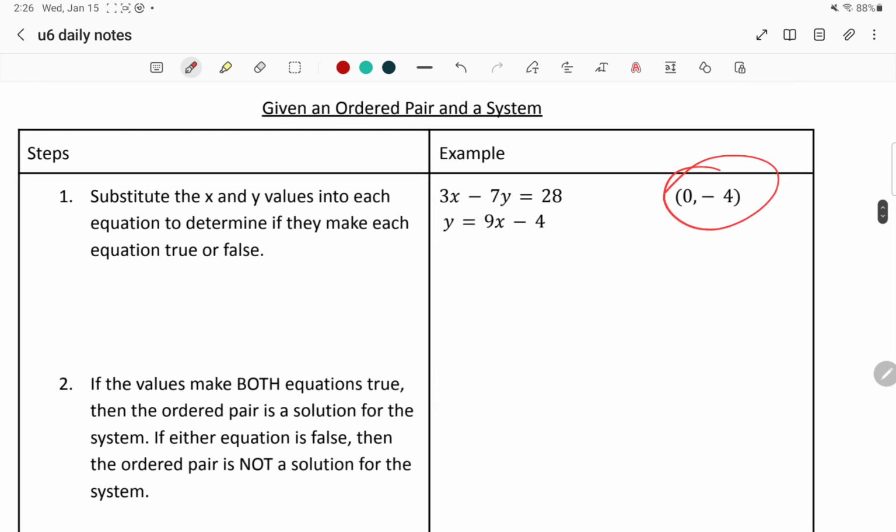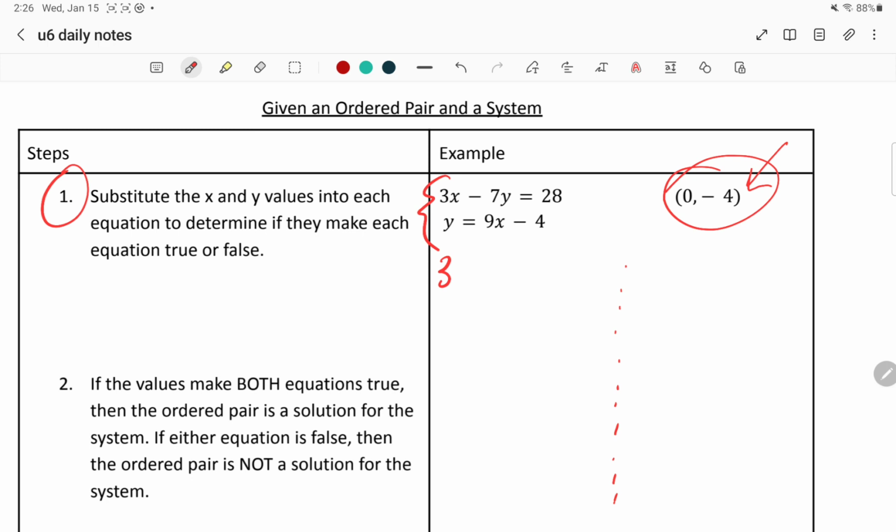So, to continue with determining if an ordered pair is a solution, you will be given a system. So that's more than one equation. You'll only ever be dealing with 2 at once. So 1, 2. And here's your ordered pair. So we're going to start with step 1. We're going to substitute the x and y values into each equation and determine if the equation is true or false. So I'm going to cut this box in half,